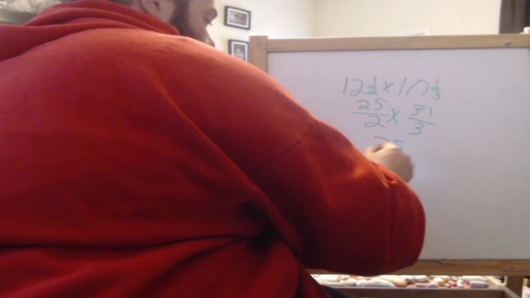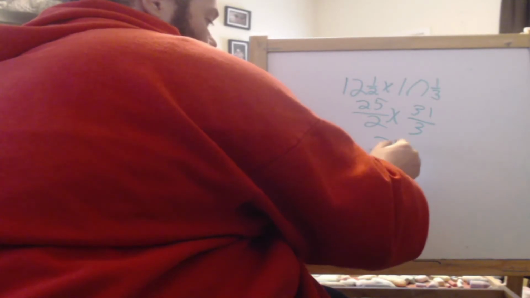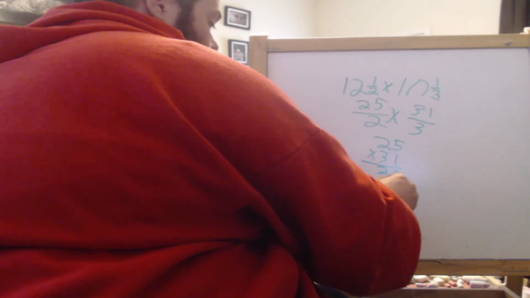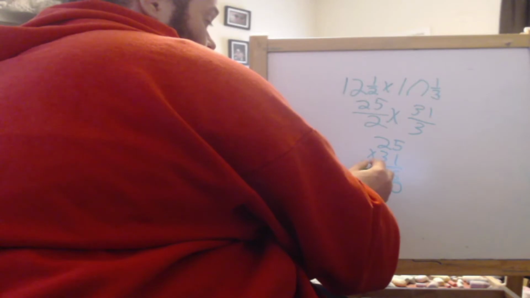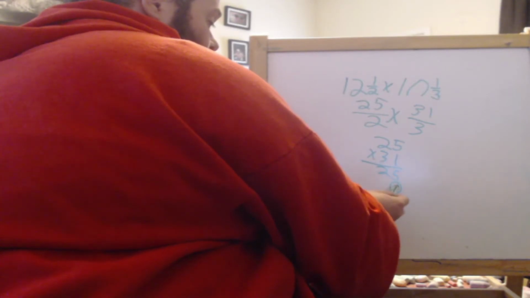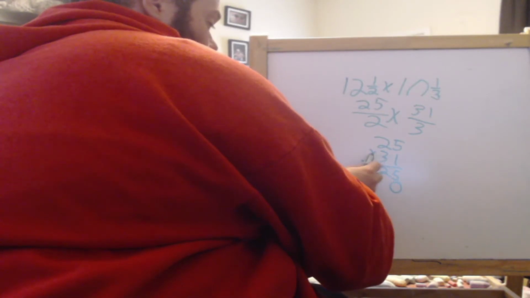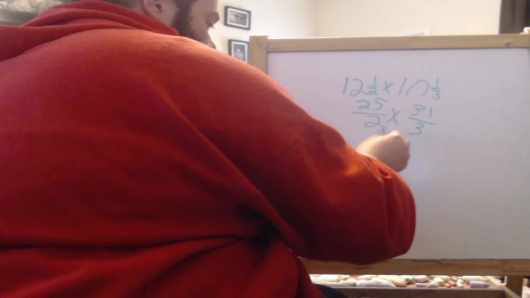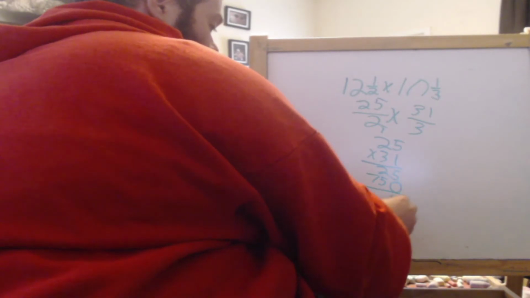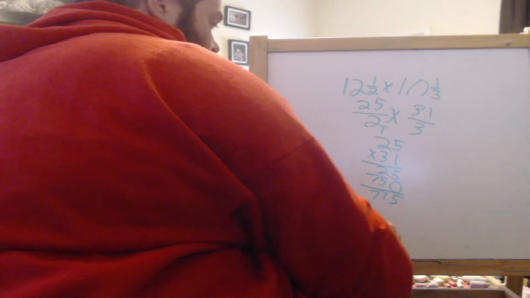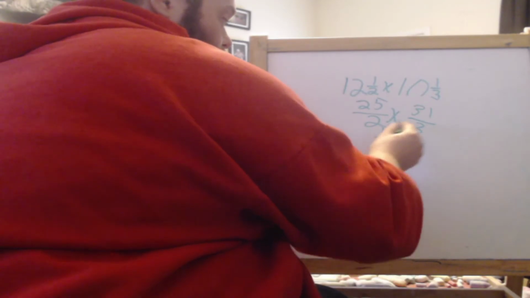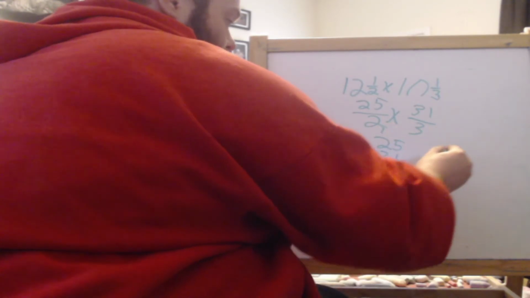25 times 31. 1 times 5 is 5. 1 times 2 is 2. Put a 0 here because we're multiplying by 30 instead of just 3. So the 0 makes it 30. 3 times 5 is 15. 3 times 2 is 6 plus 1, 7. So this becomes 775 over, and then we're multiplying across, 2 times 3 equals 6. So it's